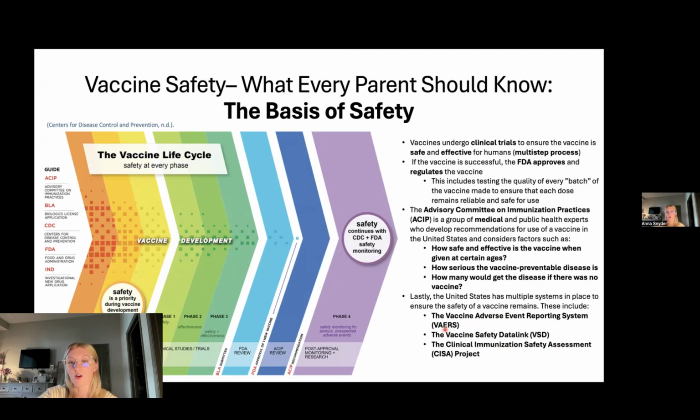The VAERS is where individuals can go and report any adverse events they have to a vaccine. The vaccine safety data link is something that physicians can use to analyze data. And this graphic that we went through is from the CDC. They are also a big part of vaccine safety and regulations, making sure that it's safe for the population. So I know this slide was a lot, but